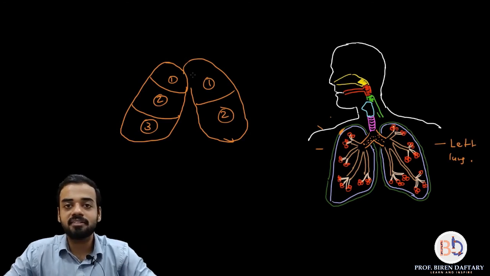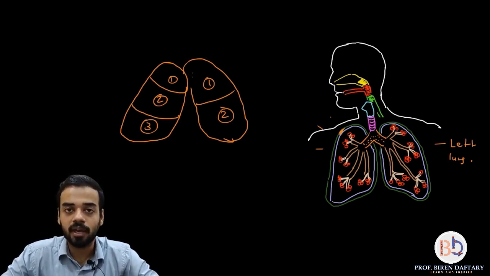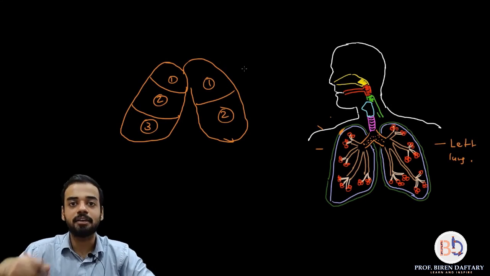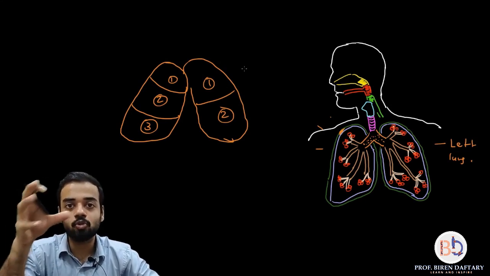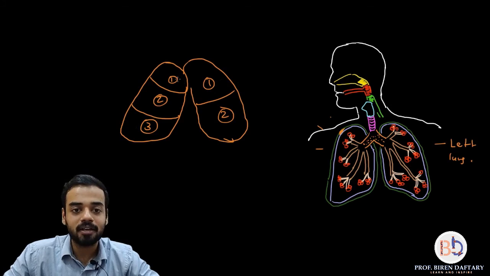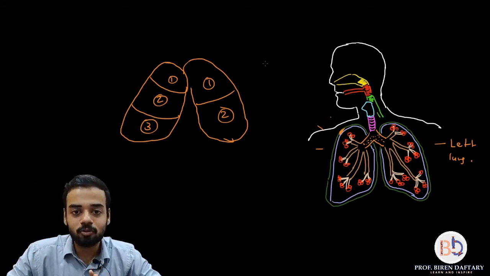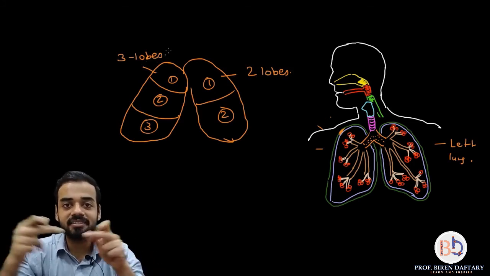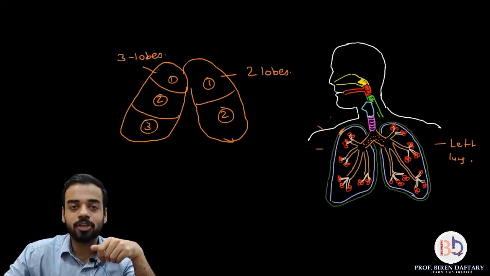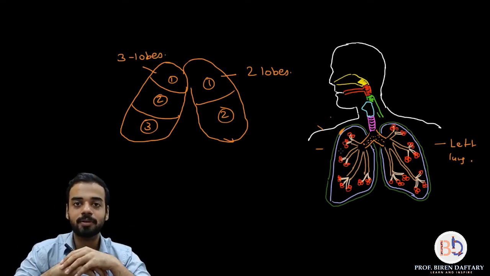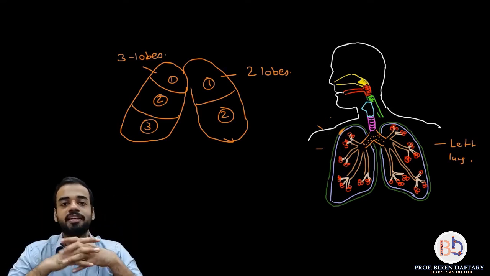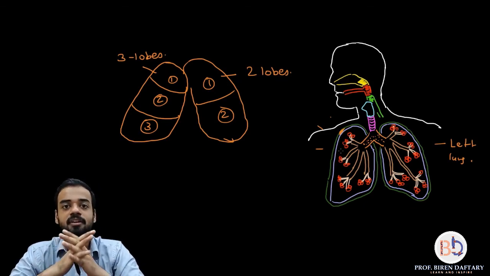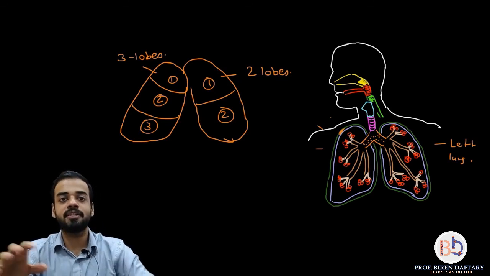The exact reason for this is still not known. In every person, if you see the left lung from outside, you will see two parts of that lung, and the right lung will be made of three parts. So please remember, the left lung has only two lobes and the right lung is made up of three lobes. There is no specific reason for that, and inside the lobes all these bronchioles are embedded. Is this clear? So we have finished with the lungs as well.